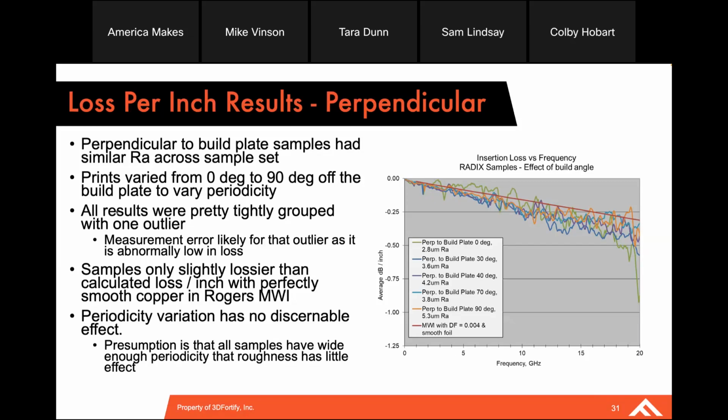There's something going on with that outlier, but I wanted to include it because it is data, and we should address that. So again, we're looking at slightly less lossy than an ideal case of perfectly smooth copper on a comparable dielectric. At 10 gigahertz, you're looking at slightly better than 1/4 of a dB per inch, which is a very respectable number. And this is showing that when we take Rogers low loss dielectric, they worked so hard to